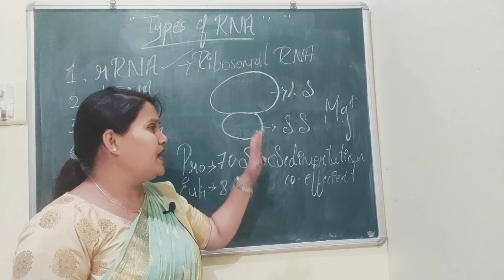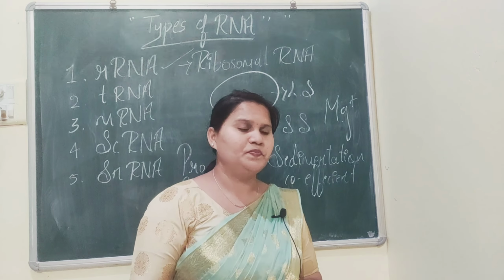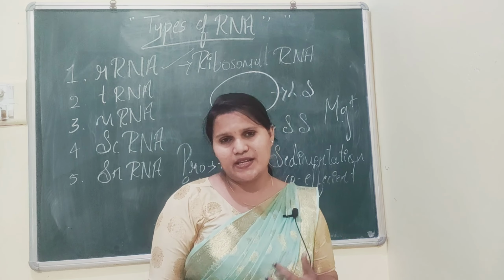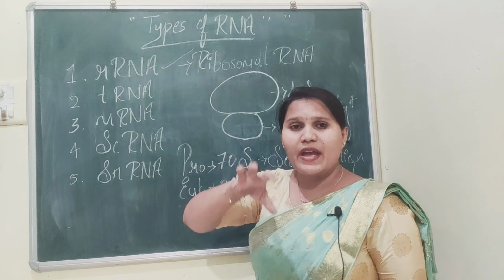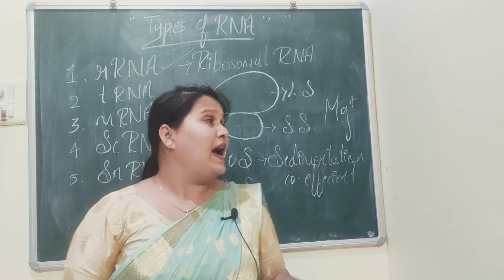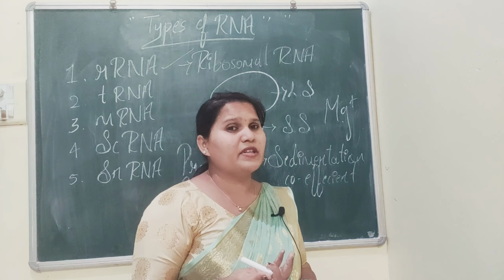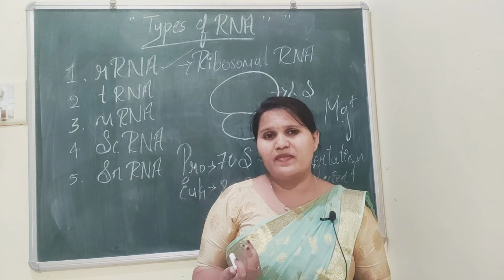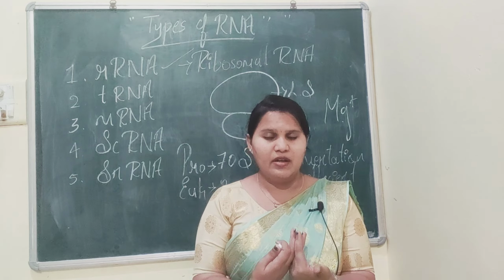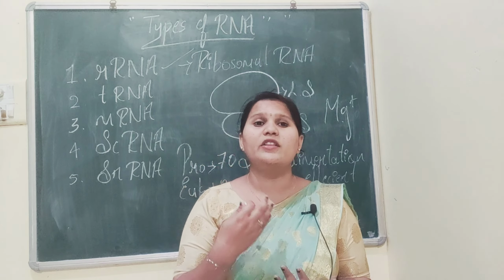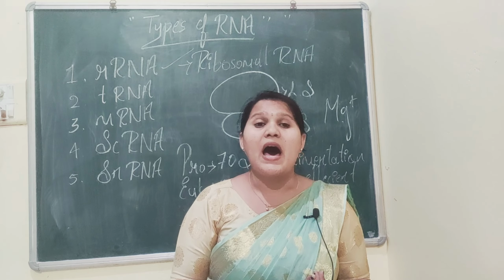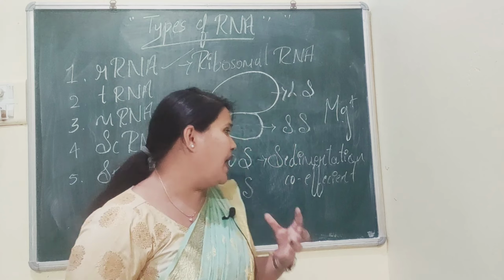So this is about the structure of the ribosome. See here, as we wrote, in prokaryotes we can see 70S ribosomes. But what are we focusing on? We are focusing on the ribosomal RNA, right? Yes or no? And we said that the ribosome is the factory of protein, where it helps in synthesizing proteins, right? So here we can sense that the function is carried out with the help of two bodies, that is the proteins as well as the rRNA. Clear? So how will it act?